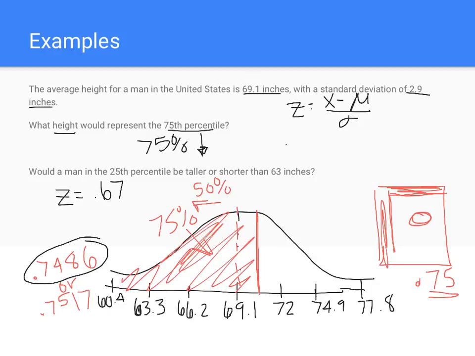So 0.67 is what I just found my z-score to be, equals x minus my mu, or my mean, 69.1 all over the standard deviation of 2.9. And so what I'm going to do, I'm trying to solve for this x value, because that will give me the height that is the 75th percentile. So I'm going to multiply this 2.9 over to the other side. So I take 0.67 times 2.9, and I get